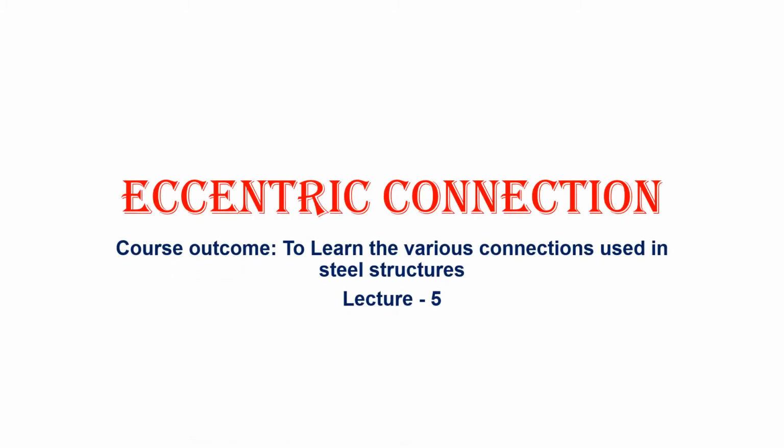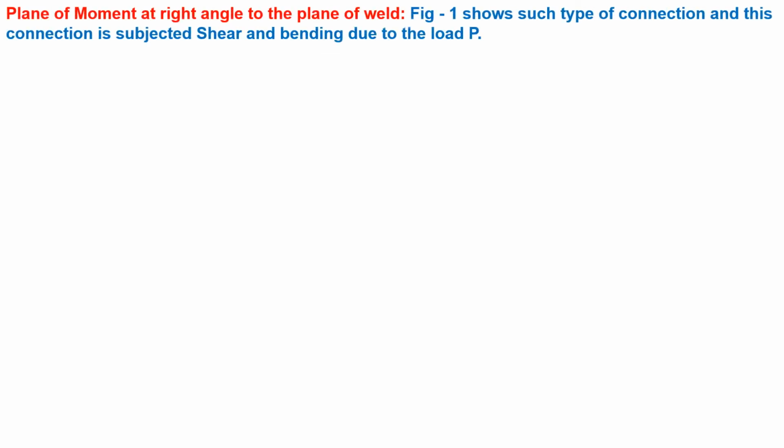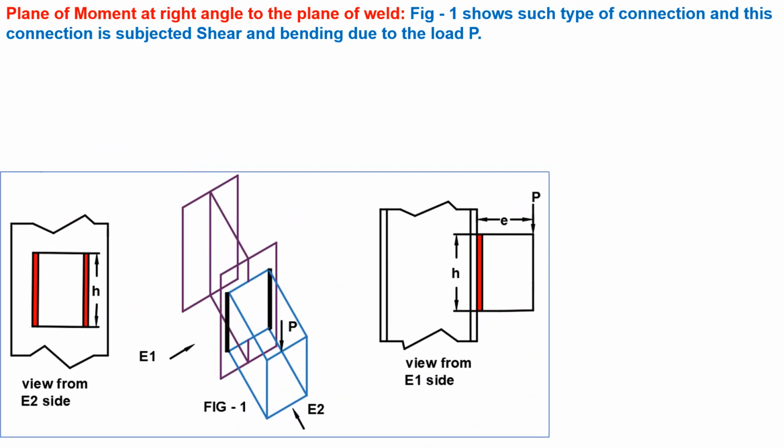Hello viewers, today we start lecture number 5 on eccentric connections. In this lecture we learn about the second type of welded connections, that is, plane of movement at right angle to the plane of weld. Figure 1 shows such type of connection,